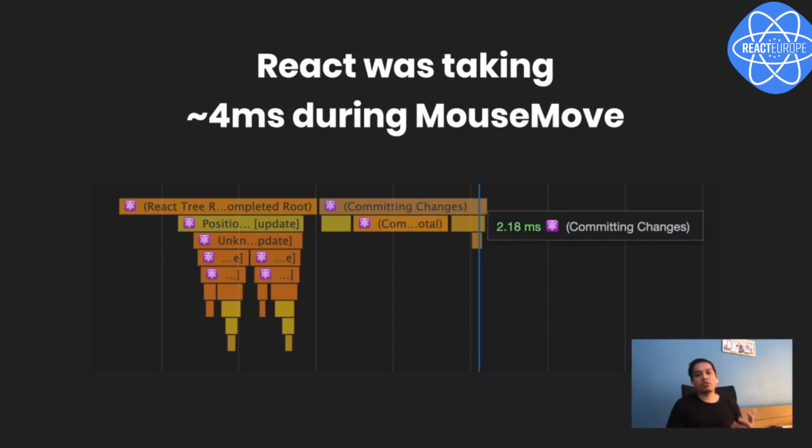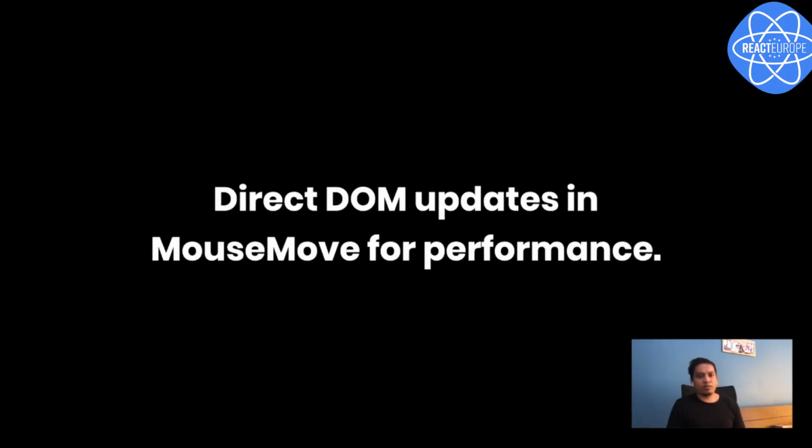So during mouse move, we realized that we might not need React virtual DOM diffing and things like that just for that part. I mean, we were using React DOM diffing and everything, which was working really great for us. But for mouse move, we directly updated the DOM, and only in this particular case.